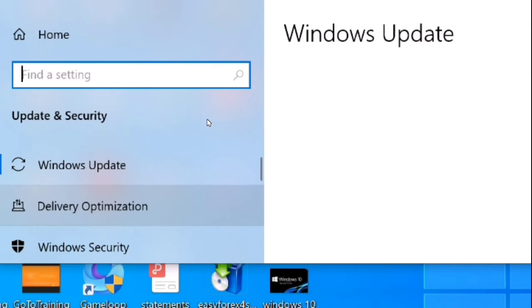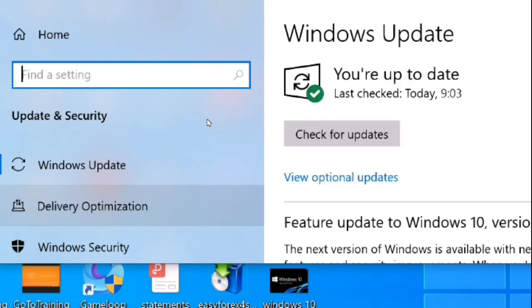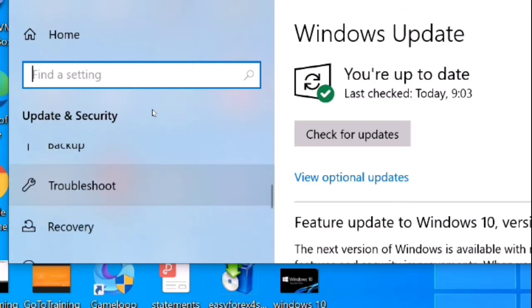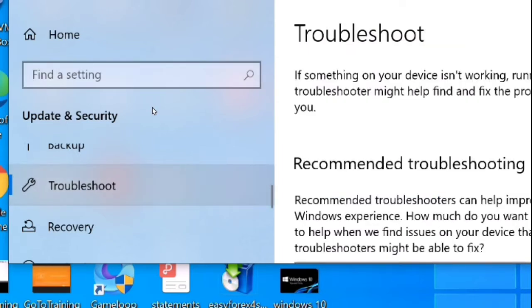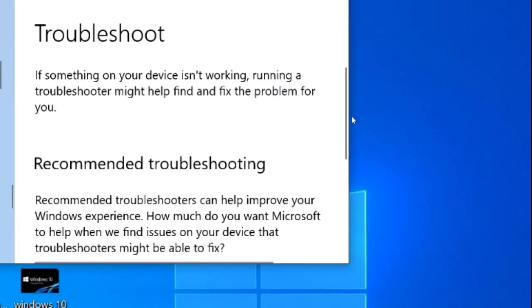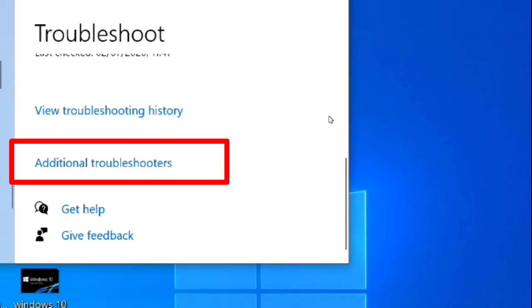Now in the settings window, navigate to the option troubleshoot. Then go to the right side of the Windows settings page and click on additional troubleshooters option.